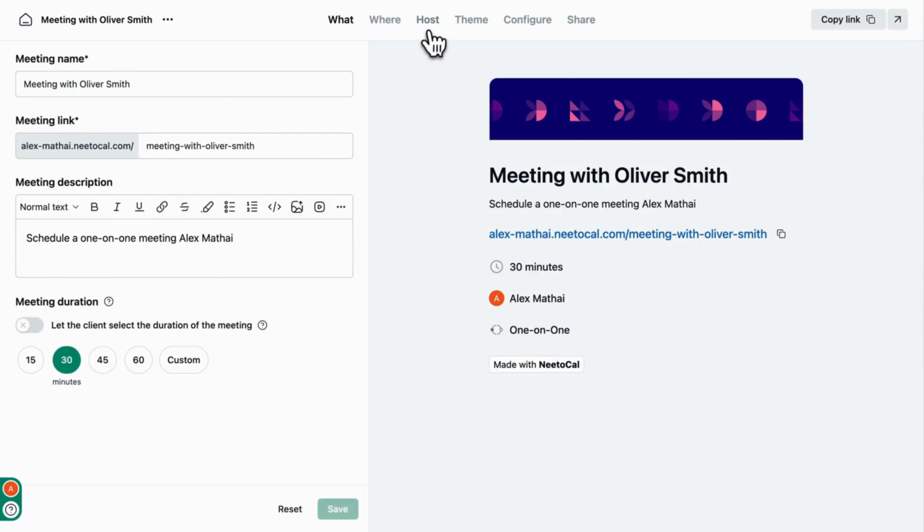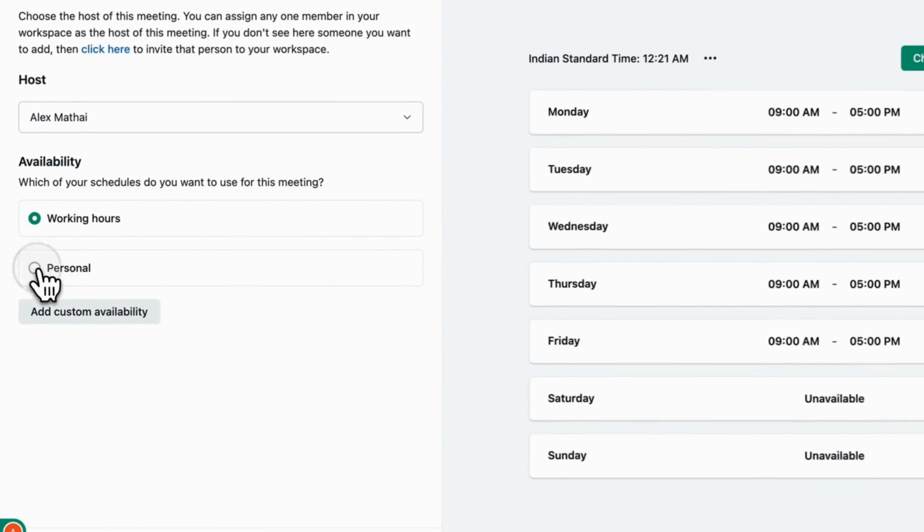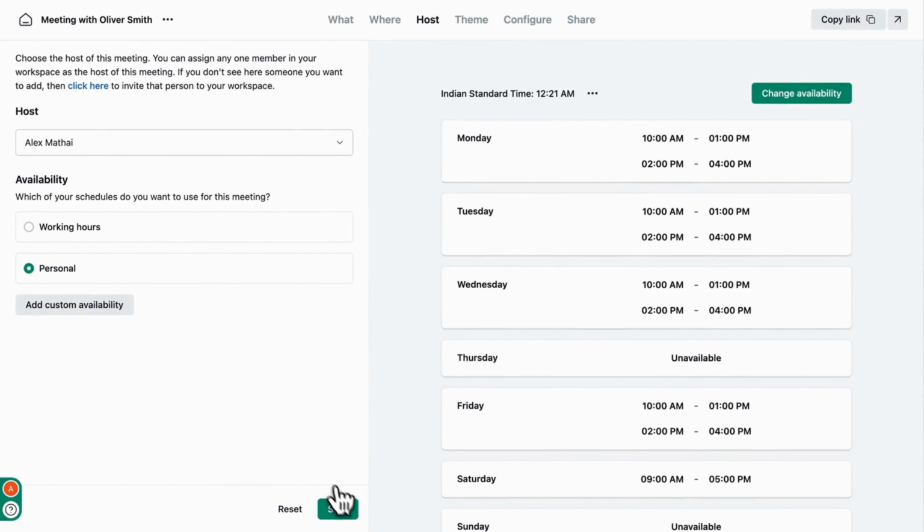To apply this availability, let's select the desired meeting link and navigate to the Host tab. Here we can see the list of availabilities. Let's select the newly created availability Personal, and we can save it. Now, the time slots displayed for this meeting link will be based on the personal